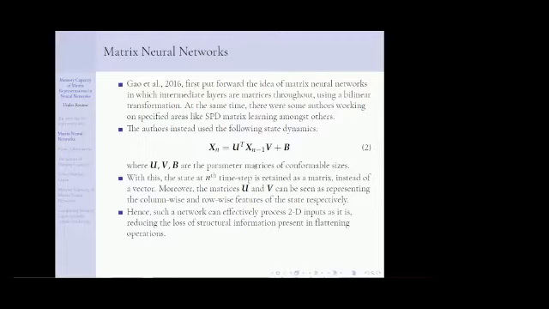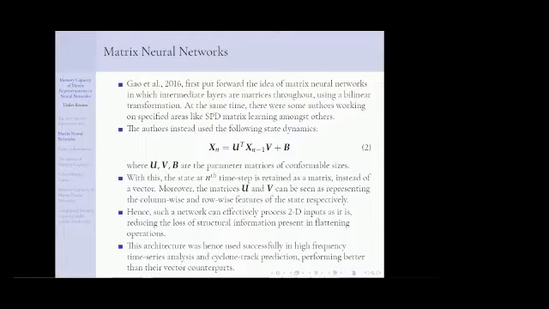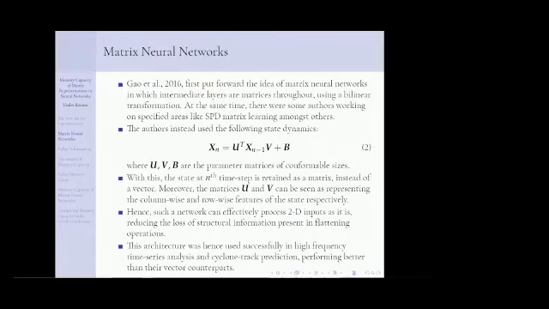Okay, so equation 2 is the matrix neural network, which we are going to talk about in detail now, along with a few examples of how they are used. They were used successfully, and better than vector neural networks of similar sizes, in high frequency time series analysis and cyclone track prediction by some authors in 2016 and 17. I hope everything is clear for matrix neural networks. It's a very basic network. There's nothing much more to it.